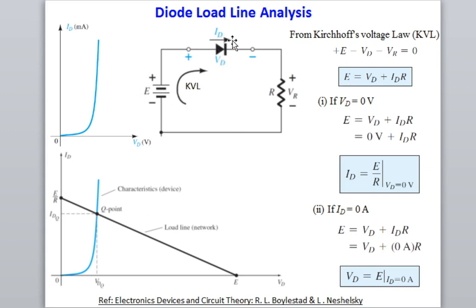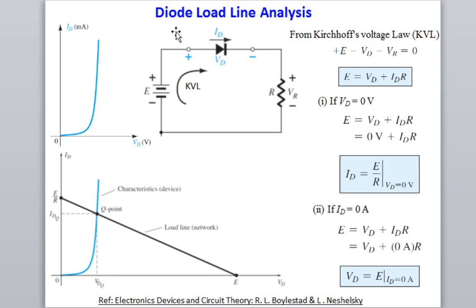As we have discussed, if you draw the characteristics curve of a diode, plotting diode voltage versus diode current, that is known as the PN junction diode characteristics. I have explained the diode characteristics, diode current. It will behave like an exponential. This is in forward bias, because this diode is in forward bias in this case, so it will behave something like that.